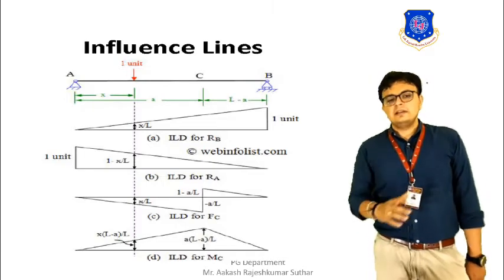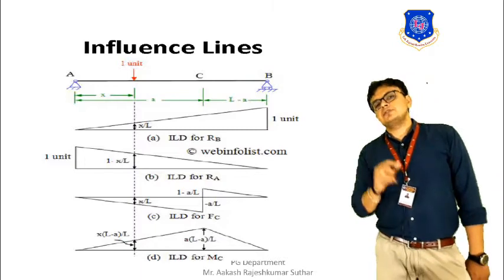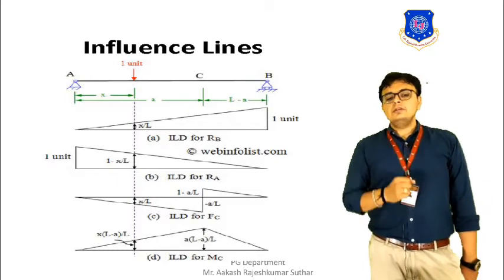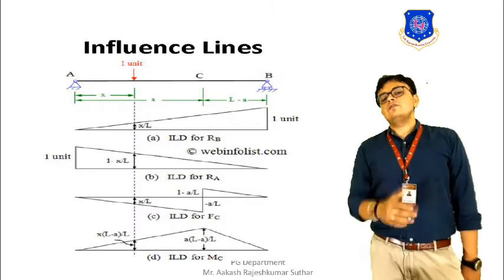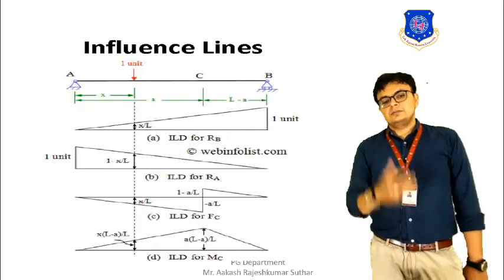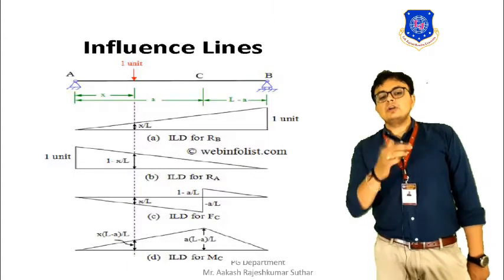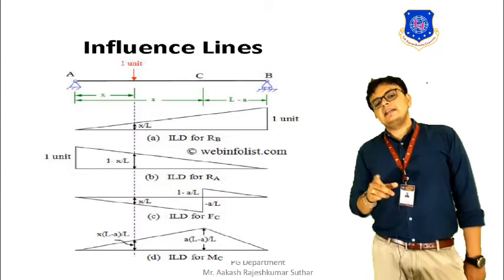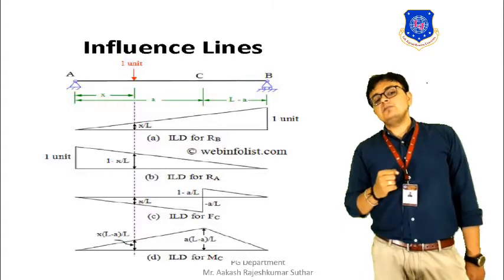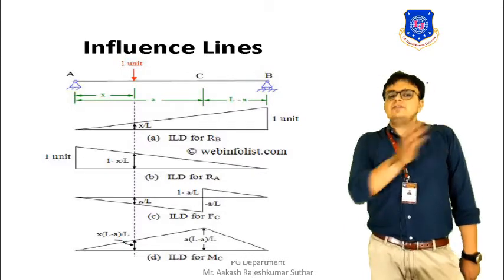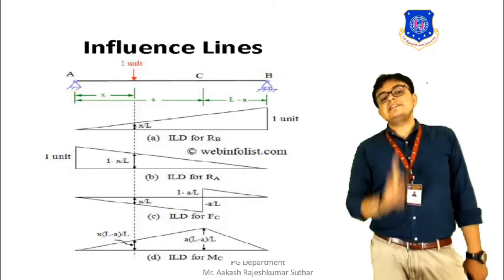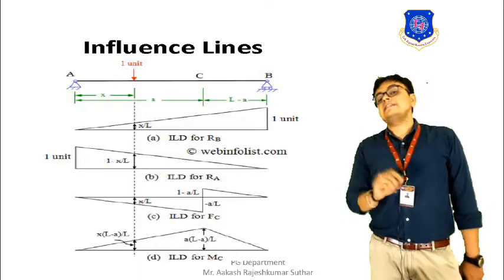Okay, this way whenever you need to find the shear force at a particular point, you can adopt this formula. Now, talking about the ILD for the bending moment at point C when the unit load is acting at a distance X, the formula will be A into (L minus A) by L. A is the distance of the point at which we need the bending moment from A, the leftmost point. And the intensity at the point at which the unit load is acting will be equal to X into (L minus A) by L.